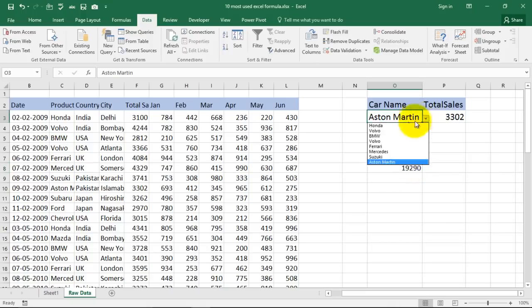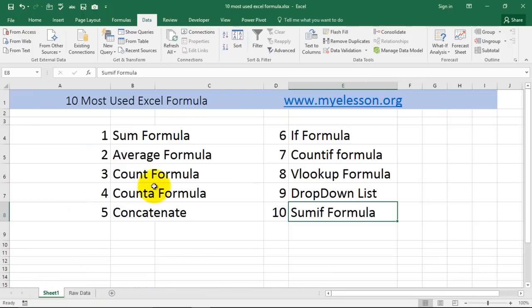19290. If I choose Honda, it will change to 180640. If I choose Mercedes, it changes again. So this is the SUMIF formula. So guys, today we covered 10 most used